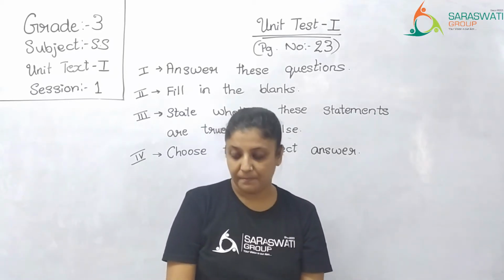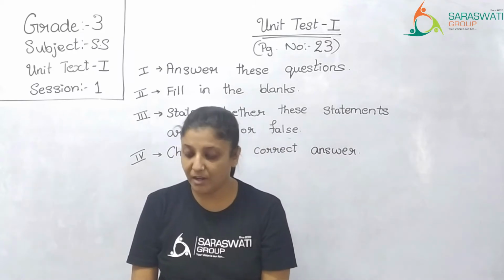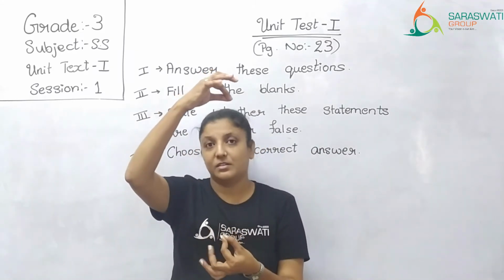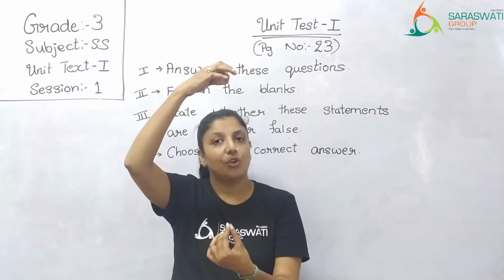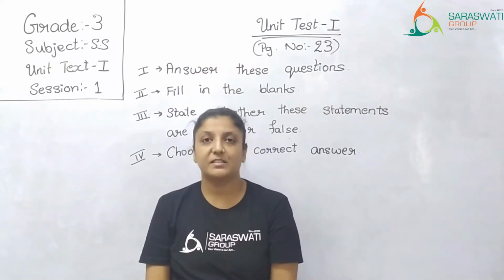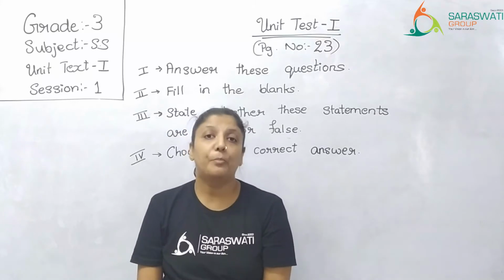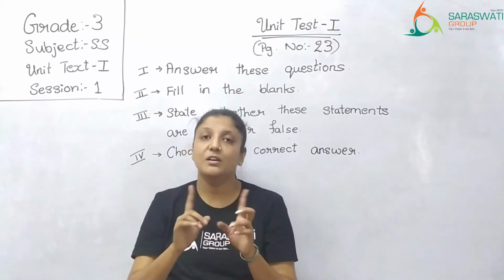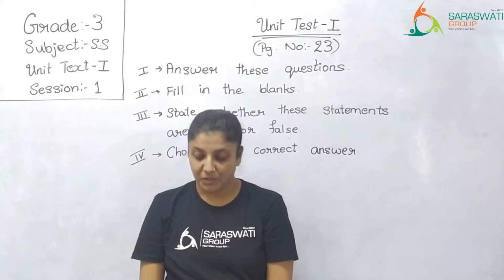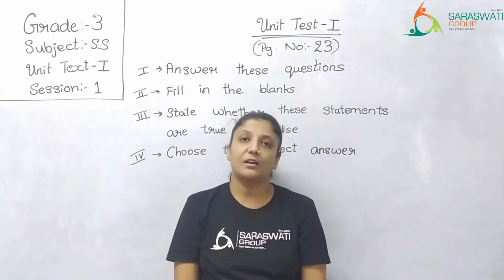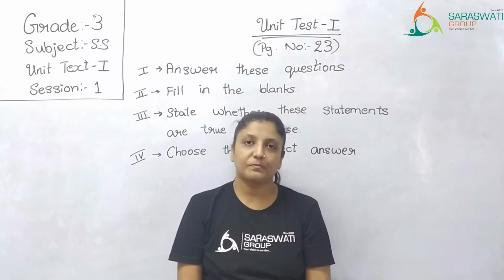Okay, next, second one. The two ends of the earth are called dash. Two ends of the earth, up and down. What are they called? Yes, they are called poles. North pole and south pole. So together, poles. So the answer is poles. The two ends of the earth are called poles.